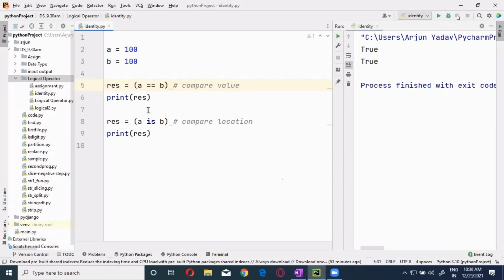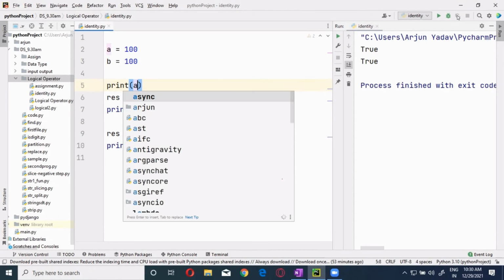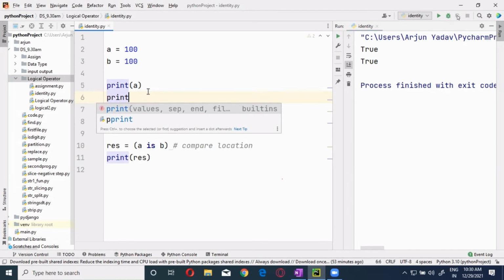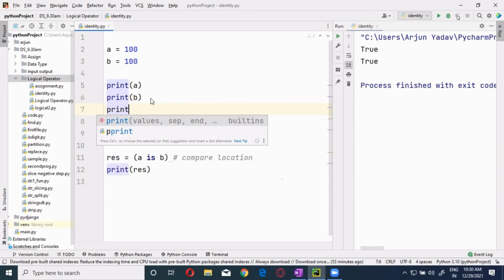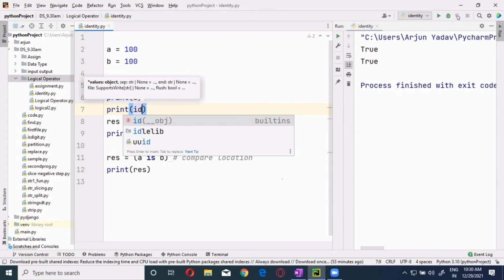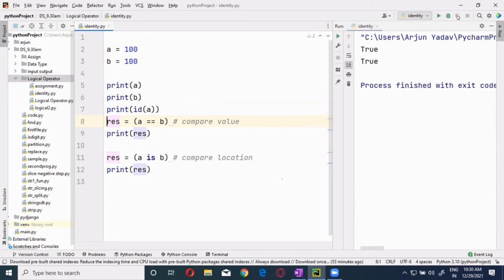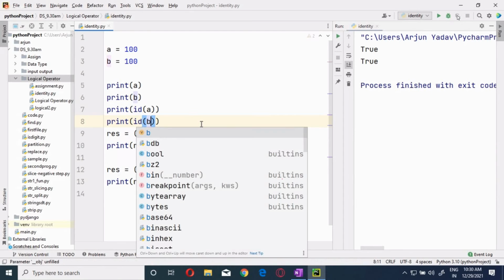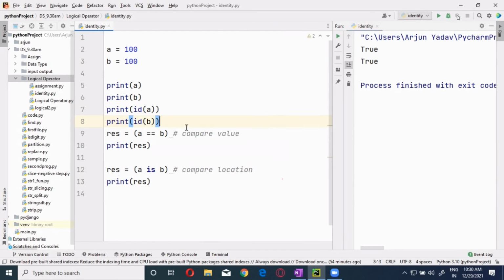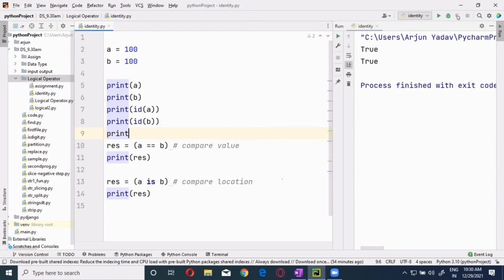Now you see the value over here, the value in A and in B. I'm printing the value over here and I'm printing the location also. How to get the location? ID of A. Now, when you do this, print ID of B. Here, I will add a print separator and run this one.